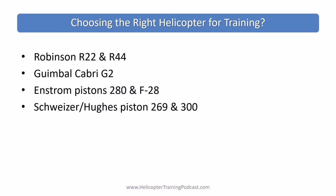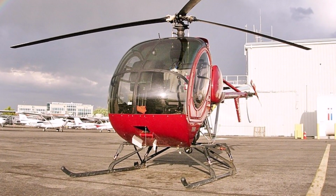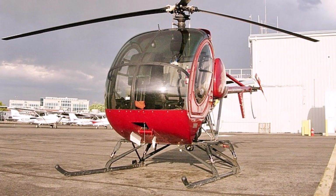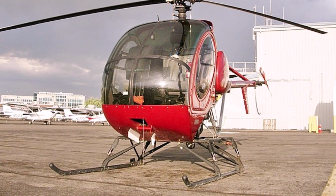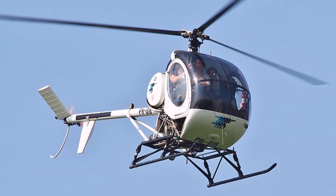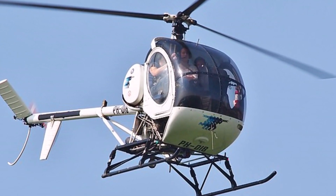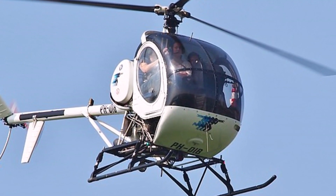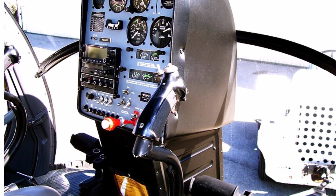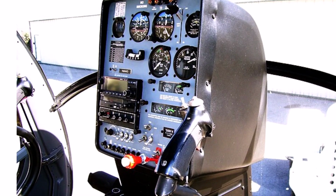Schweizer. Schweizers have been around a long time, and they're a good training helicopter in that they're pretty mellow for autos. They do suffer from ground resonance as well. They're quite slow, so if you want to get anywhere, they've got quite a wide cockpit. They have a seat weight of around 300 pounds per seat, I believe. $300 to $350 an hour, and again, one of the main problems is there's just not so many of them